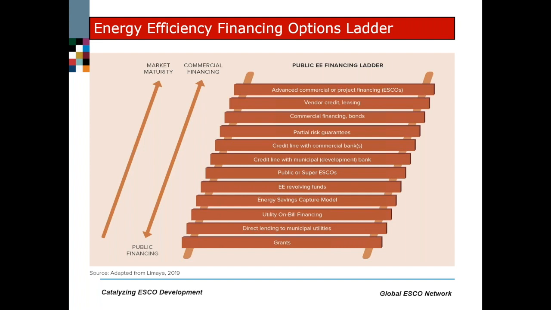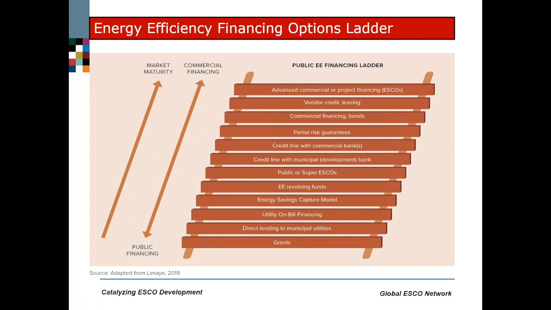And we've looked at direct lending by the financial institutions to municipal utilities, on-bill financing through electric or gas utilities, energy savings capture model in which you actually allow the agency to set aside in the budgeting process the energy savings from 1 year into a special account. Essentially, you capture the energy savings into a special account and use that account in the future to implement additional projects and to pay off the ESCOs or others who have made the investment. Energy efficiency revolving funds, I mentioned that earlier. These have been done in a number of countries. Public or super ESCOs, credit lines with development banks or commercial banks, risk guarantees and bonds, supplier credits, and finally,